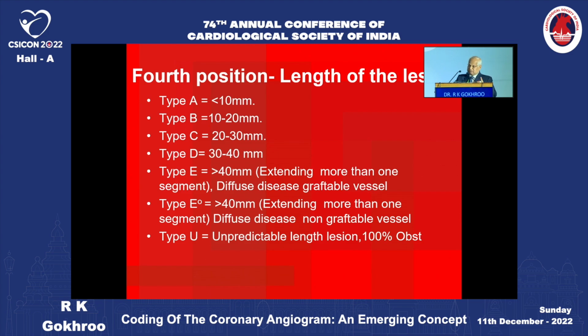It has been published in ACC. Type A is up to 10 millimeters, then 10 to 20, 20 to 30, 30 to 40, and more than 40 is type E. If it is graftable, it is type E. If it is non-graftable, it is E0. And if it is a 100% occlusion, we don't know the length of the lesion, so it is defined as